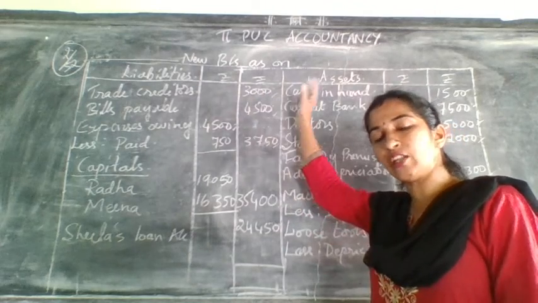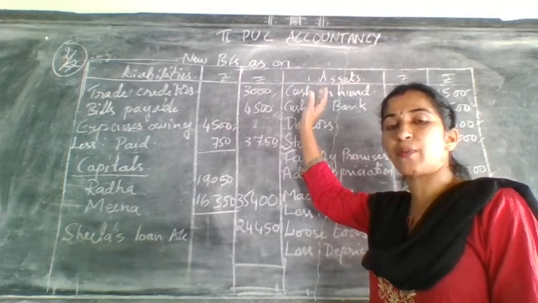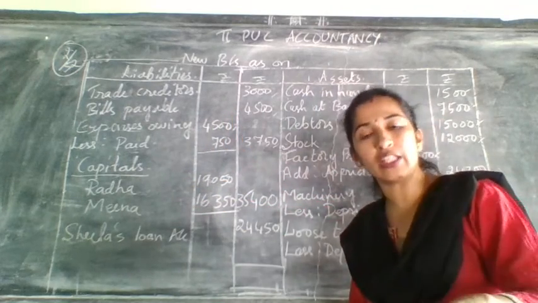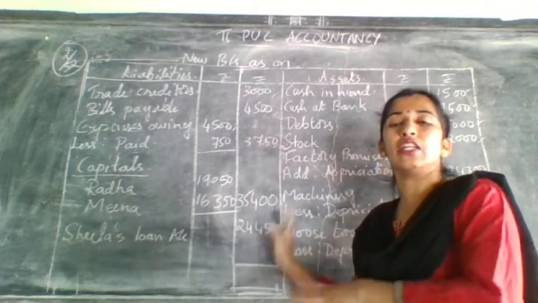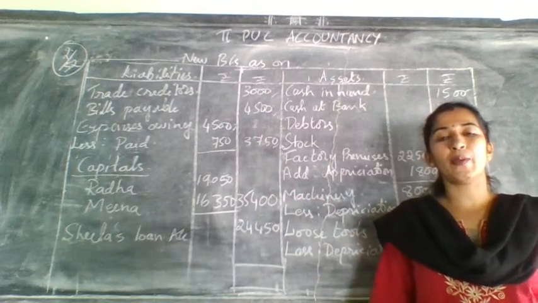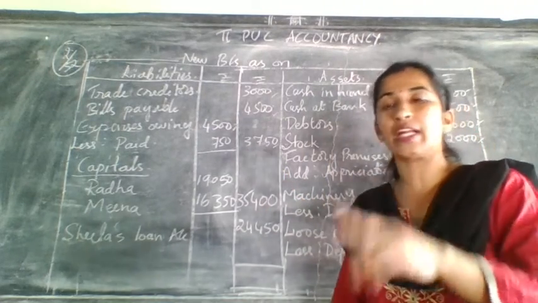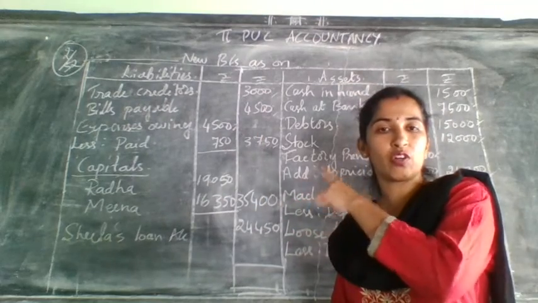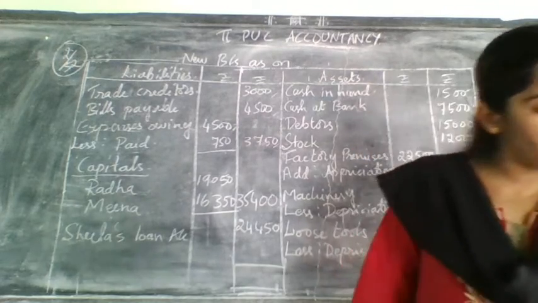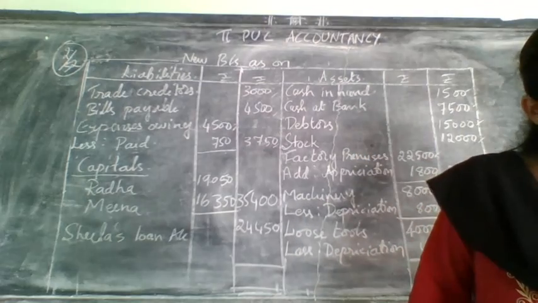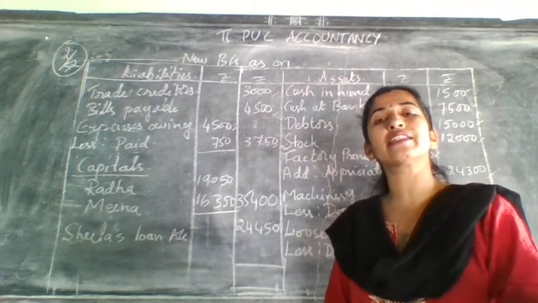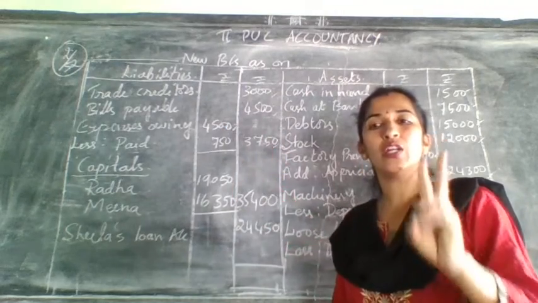So when you are taking it on the credit side of revaluation, in partners capital it will come on the debit side. When you are writing it on the debit side, you need to write for all the 3 partners, because you have distributed for all the 3, on the debit side of the partners capital account. In this problem you are having 2 entries on the debit side: 1 is the revaluation account loss, and one more is goodwill written off, because they have given goodwill of the firm 70,000 and was not to appear in the books. Underline it and make a mark that it is written off. You need to give it for only 2 partners.